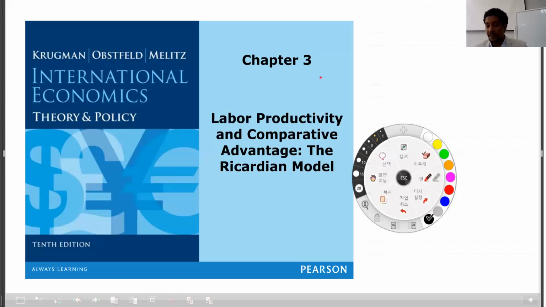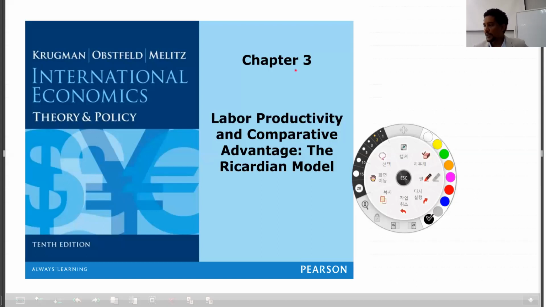So as I've said, this chapter is a little bit big. We have so many examples and it's a little bit technical, so I'll try my best to explain. These examples will help you easily figure out what these concepts are.